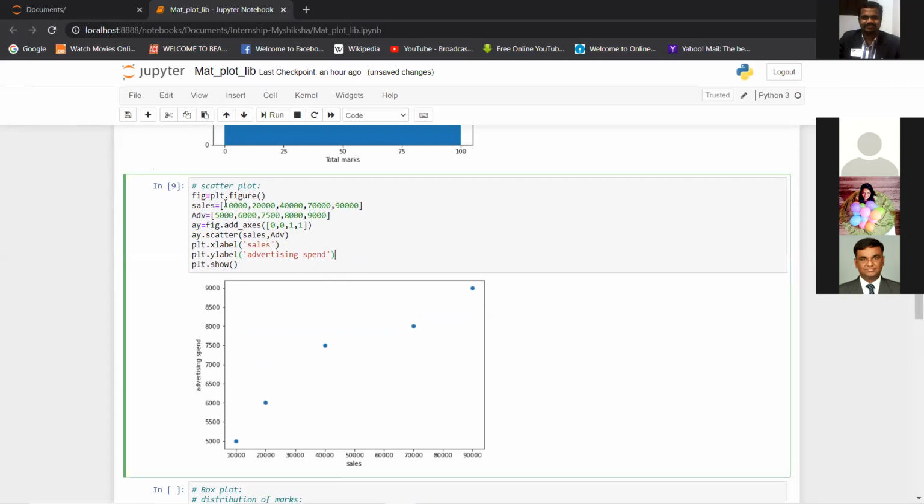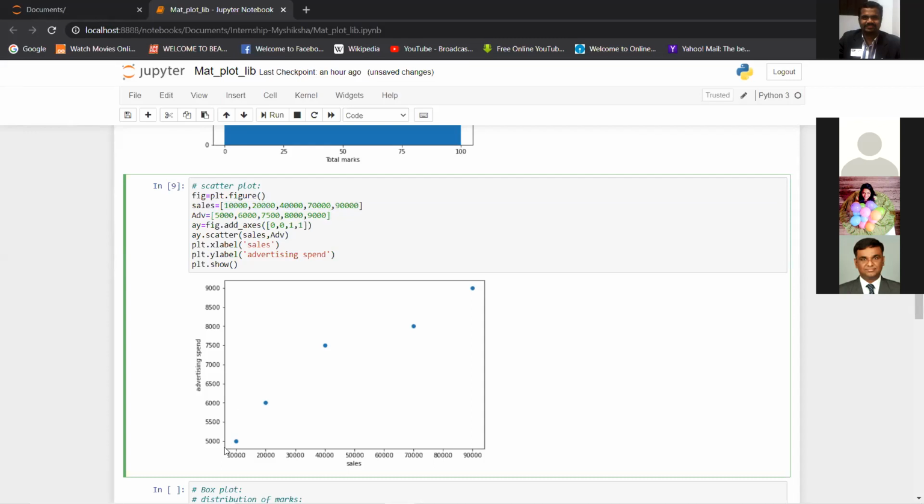As you can see, you can notice the data and feel if it is positively correlated or not, right? As I'm increasing the advertising spend, the sales are also increasing, so they are positively correlated, I can say.